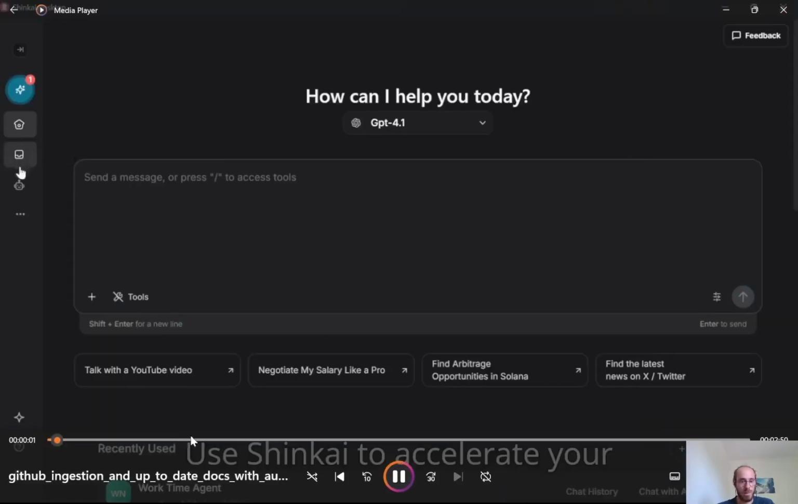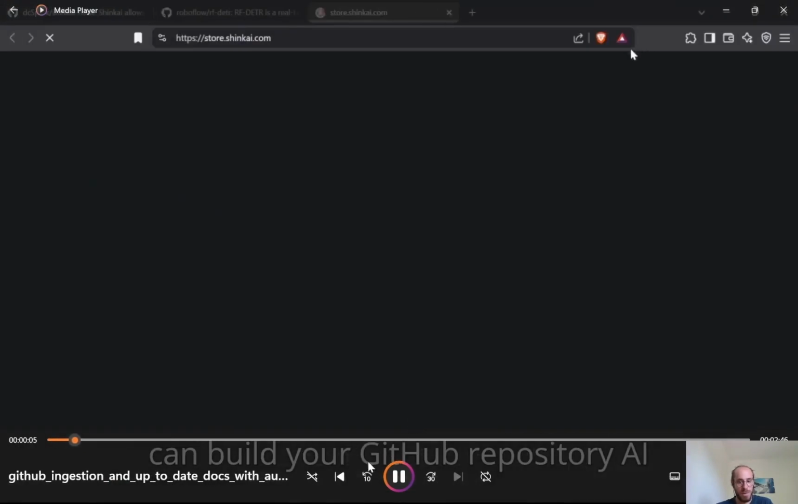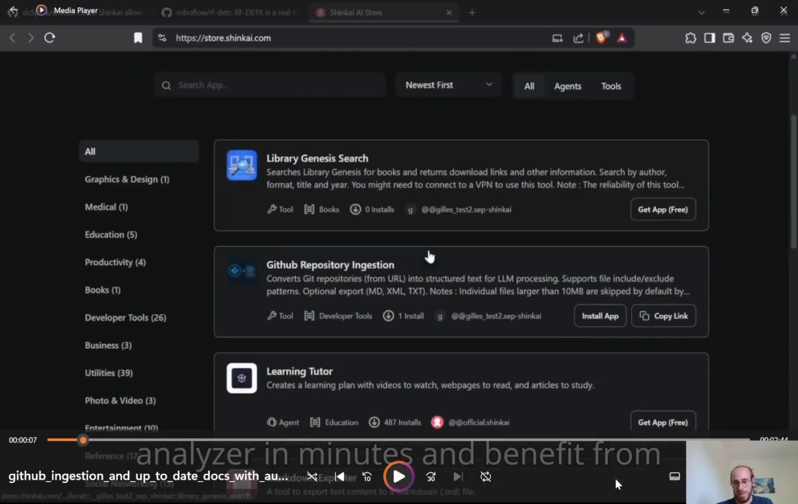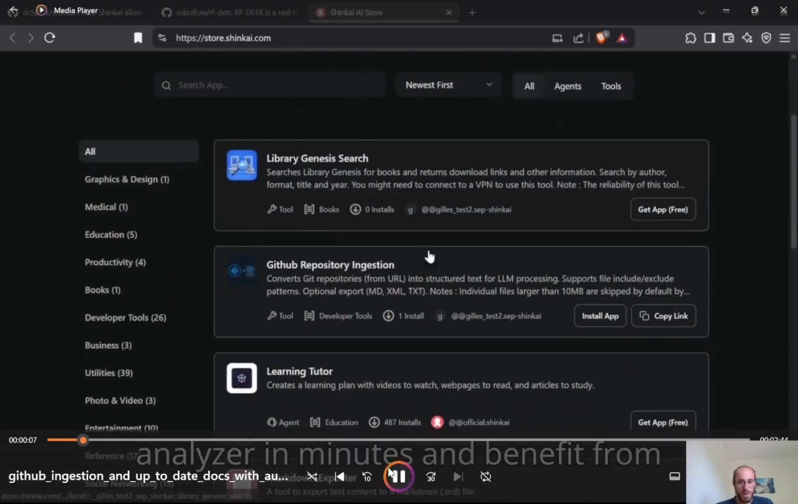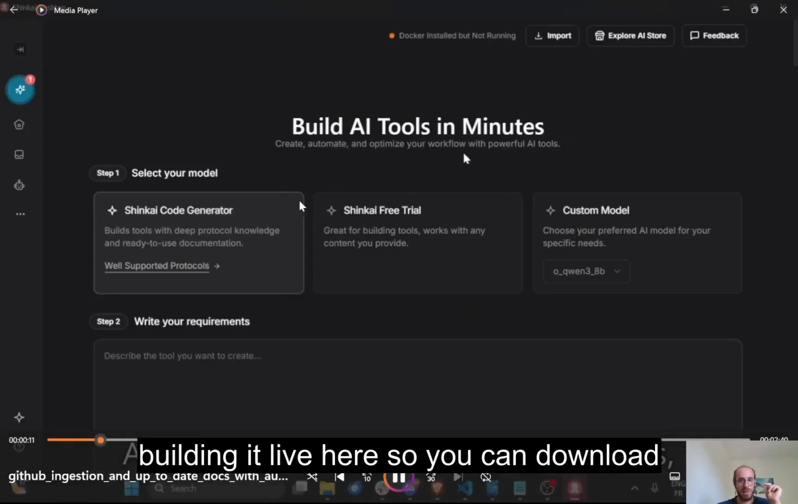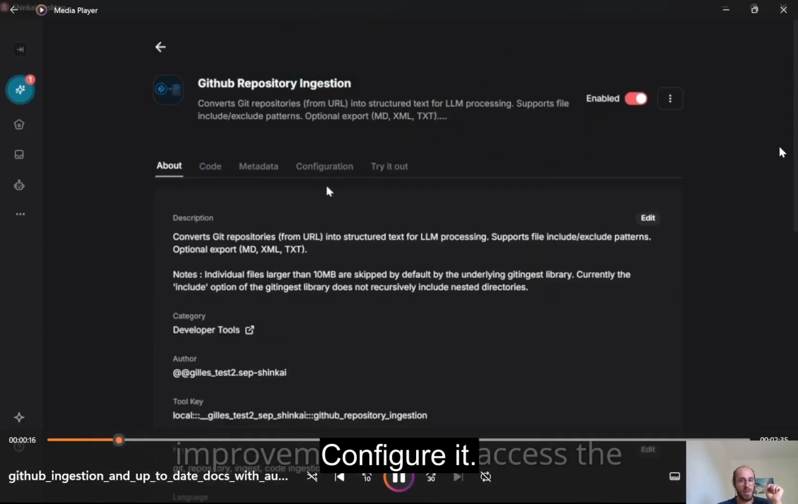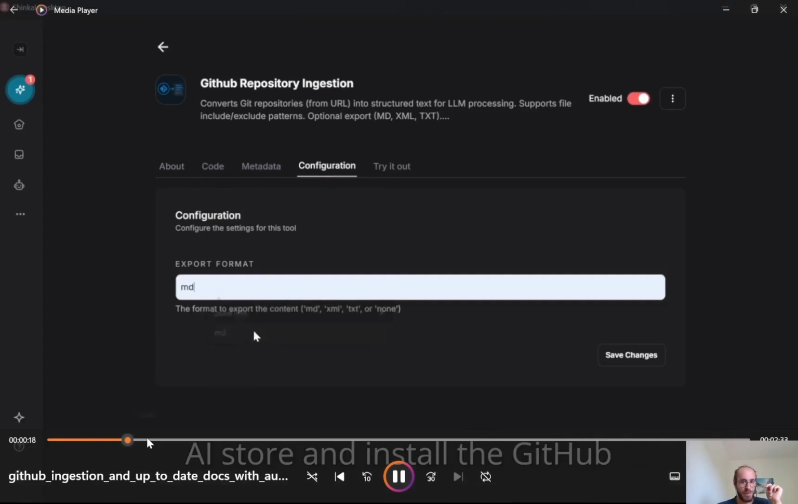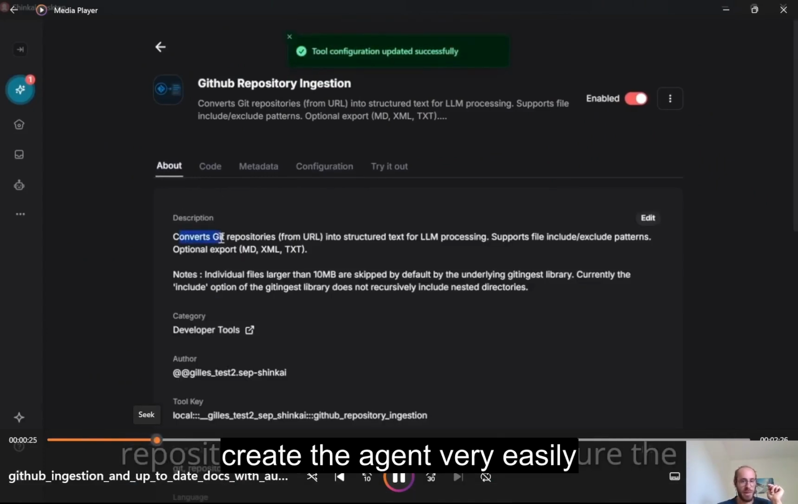Use Shinkai to accelerate your programming tasks in different ways. You can build your GitHub repository AI Analyzer. Sorry, let's do this. Okay, so this agent is actually, I'm building it live here, so you can download the tool on Shinkai AI Store, configure it, choose which format you want it to use, and then create the agent very easily